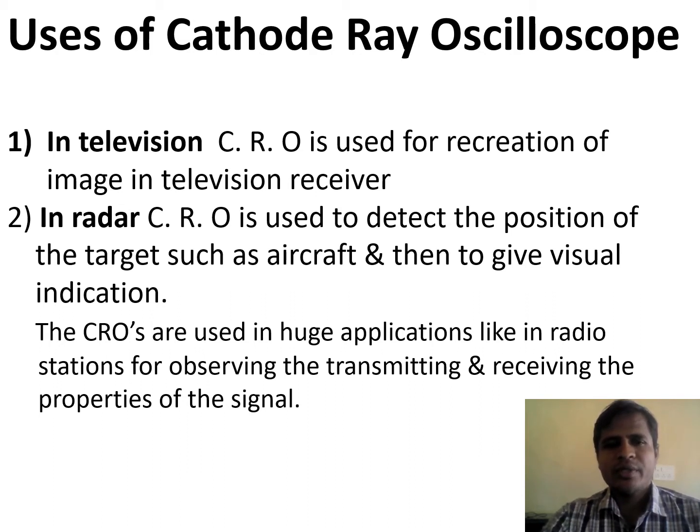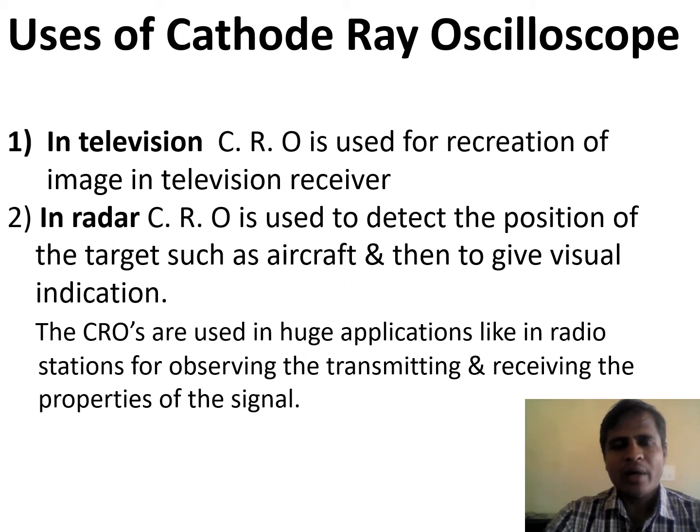CRO is used in television for the recreation of images in the television receivers. Usually it was used in the old kind of televisions, that is the box kind of television. Now we have flat screen televisions, so it is not used in flat screens; it was used in the box kind of televisions. The second use,